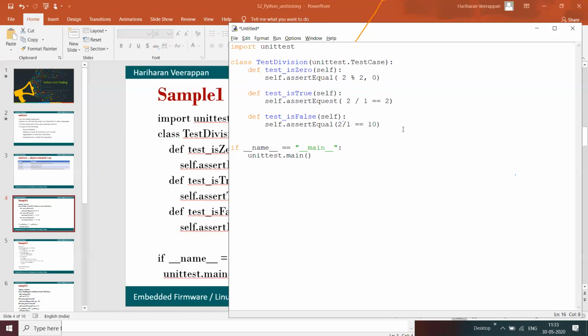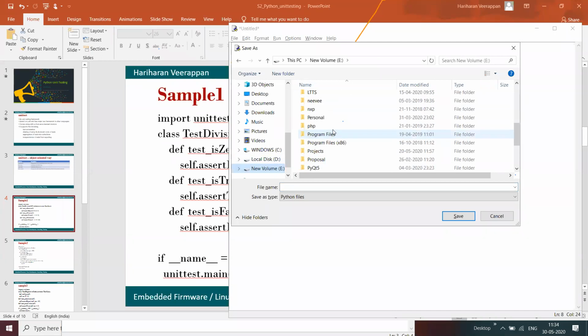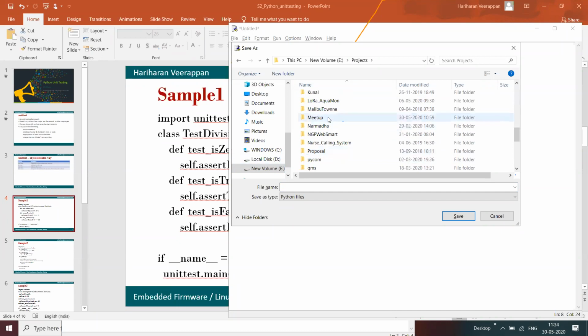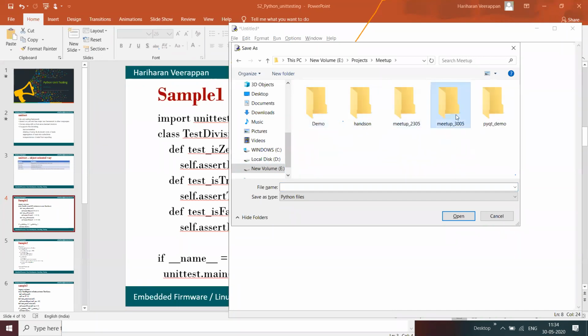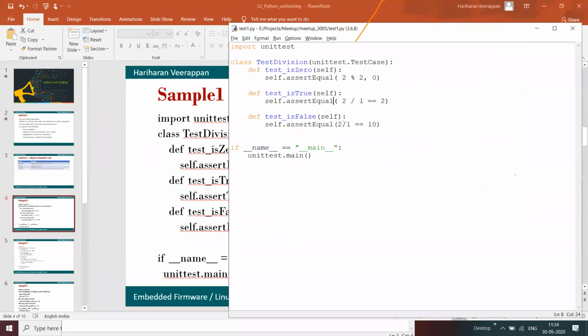Thank you. Now I'm going to save this file into projects, and then meetup, the meetup 3005, as test1.py.